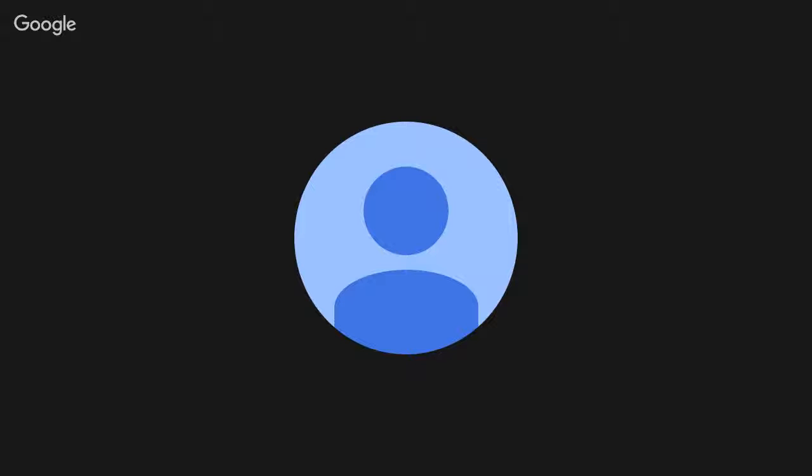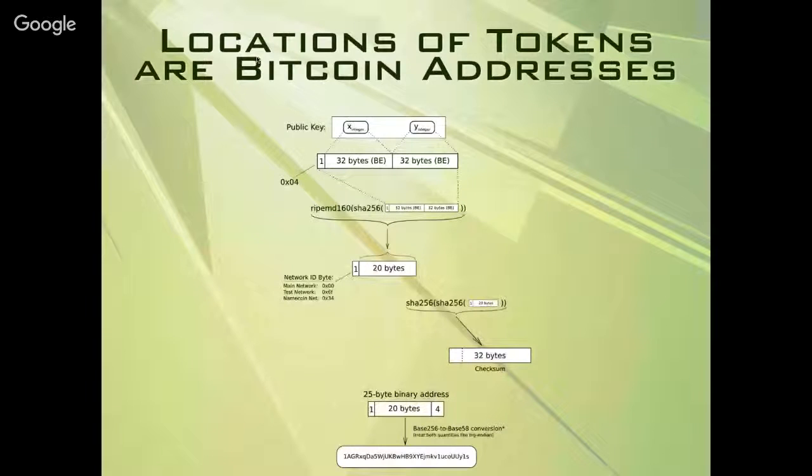That's the important point. You cannot derive the private key from the public key. Okay. Great. So this is all just about the public key and turning it into a 25 byte